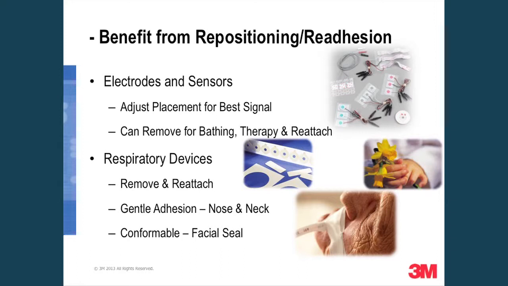Choosing applications that will benefit from the repositioning and readhesion benefit of silicone adhesives can be a real plus for your toolkit. Electrodes and sensors of all kinds can benefit from this, being able to lift it up and adjust it. Normally on an electrode that someone's getting fitted with in a surgical application before they go into surgery, they put on all these electrodes, and if they're not getting a strong signal, they have to take it off, start again with a fresh one, and put it back down to try and find the right signal spot. With silicones, you can just pick it up, move it over, and check your signal again. You can use the same electrode to get to the right spot, and so in the long run, it can save time and materials before an OR